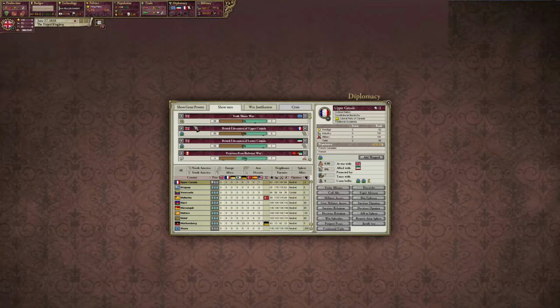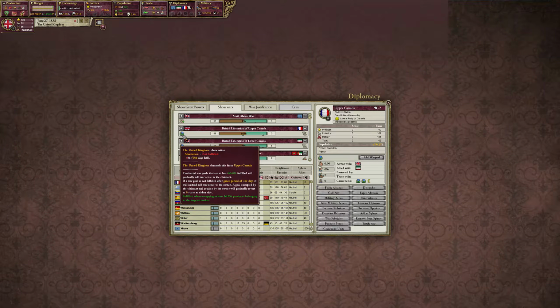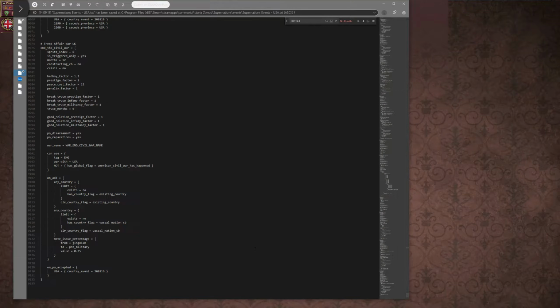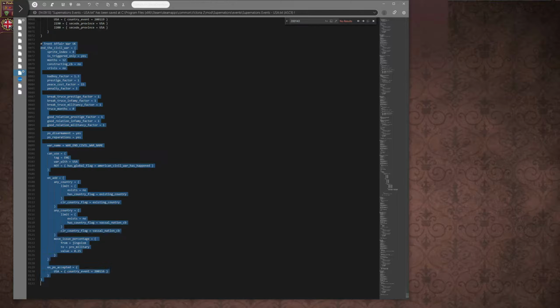And so what I'm going to cover today is how to create a custom war. That's done by first making your own custom Casus Belli. That's the easiest way I've found. And second, you're going to have to go to the localization files and get that all set in there. So first, jumping over here, you can see that I already have a custom event that I made before,